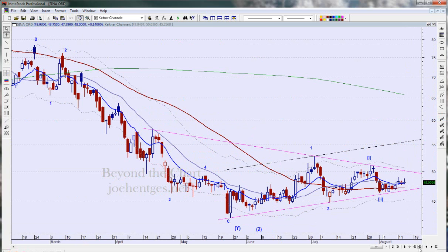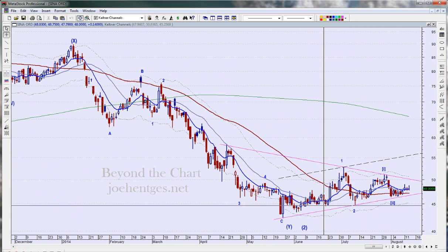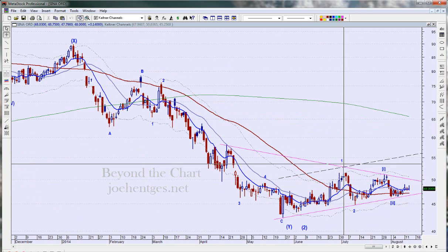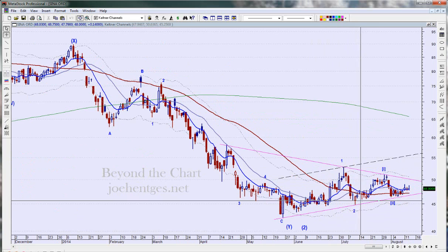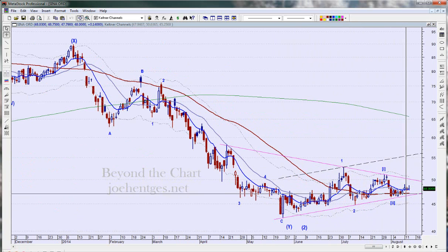Okay, so this is the bigger picture of SINA, and we had talked about this. Again, this was another complex corrective wave move, and this was 2. I think we've gotten 2 here, and that's why I think we're trying. A lot of times when you're trying to get that first wave going down here, it's a little messy and choppy. So we'll see if that's what's happening, or whether this is a sideways and we got another